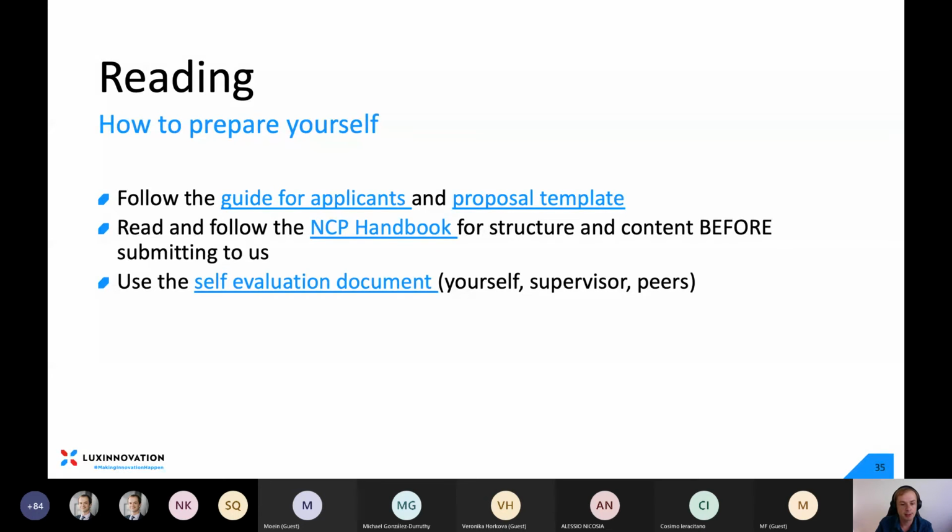I posted already some links in the chat, but here are again clickable links that you can click on in the PDF that you'll receive. The two most important documents are the guide for applicants and the proposal template. For the proposal template, it's not very detailed. So what I suggest is